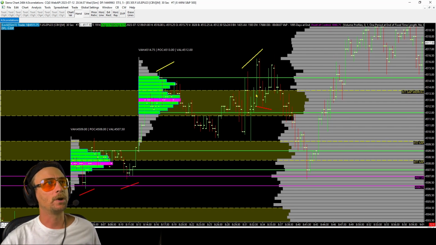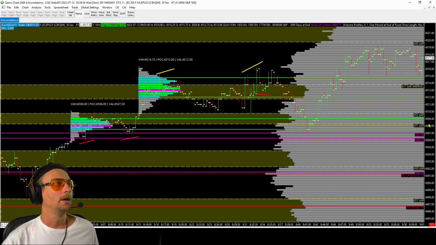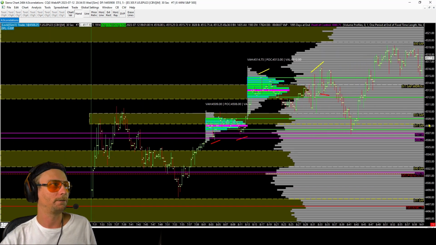So we come up. Okay, I know I have a top tick, and as we're coming in, right in this section, we're in the value zone of this profile. See, this is what this micro profile looked like at the time. And also, you know what we're doing? We're forgetting to drag the